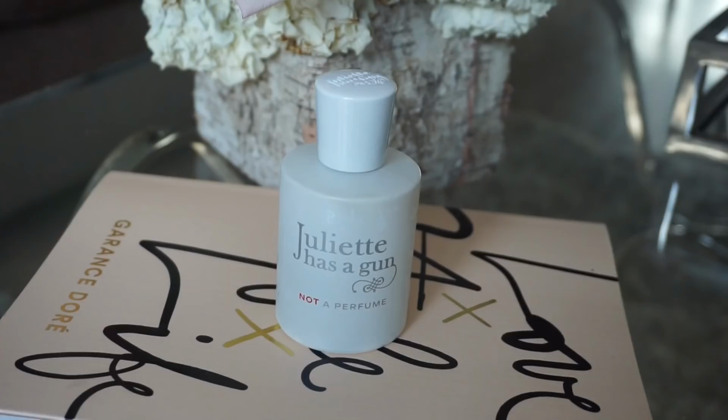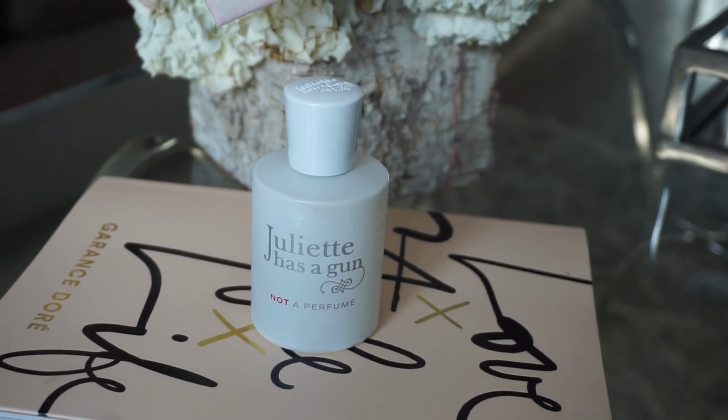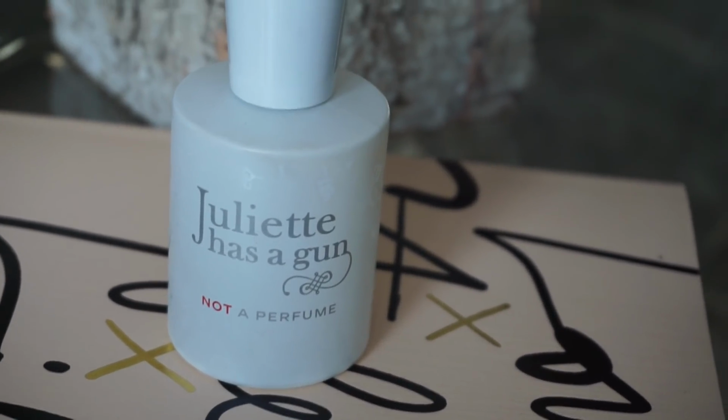You're going to be seeing more perfumes in my perfume empties, but this one I wanted to share with you guys. It's from Juliet's Got a Gun, and it's called Not a Perfume, which I think is a really cool name for perfume. I really like this brand. I was just introduced to it this year, but they have some other really nice scents. I like and there's another one that smells super good, but this one, Not a Perfume, oh, the scent is